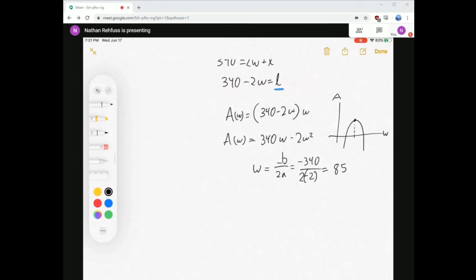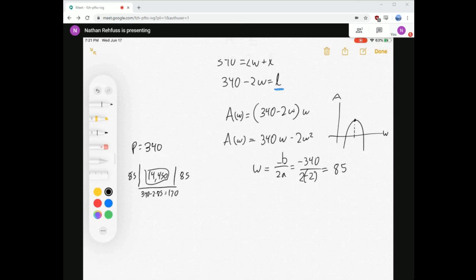I can even find out what the area would be. I can say if the width is 85, well, first off, that means out of 340, that's the perimeter. I used 85 here and 85 here. 85 plus 85 is 170. 340 minus 170, so this is 340 minus 2 times 85 is what we've got left. That's 170 feet. So our rectangle is going to be 85 by 170. And 85 times 170 is 14,450. So we can make our boss a parking lot that is